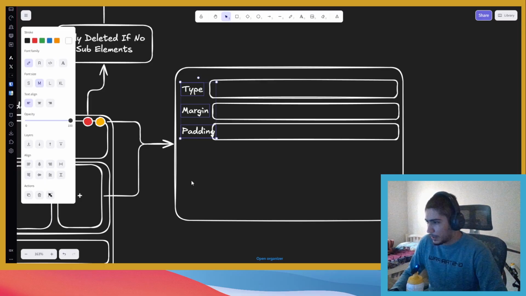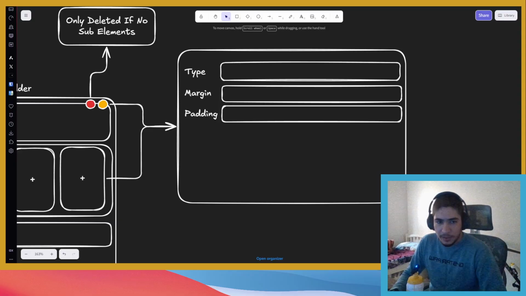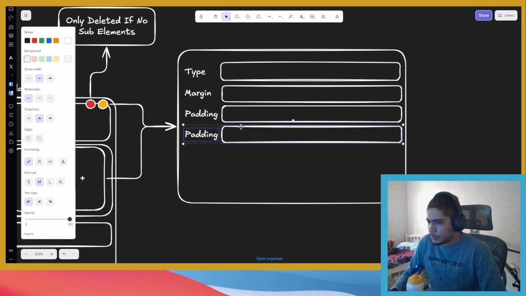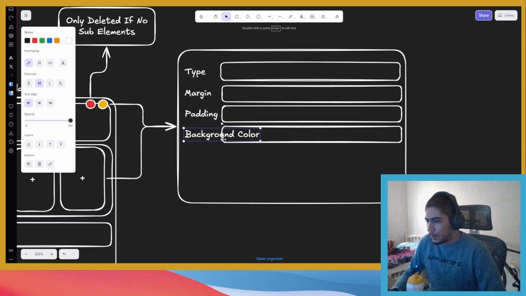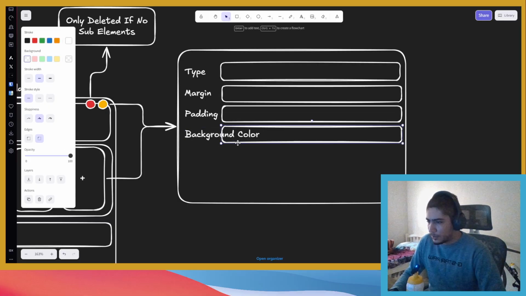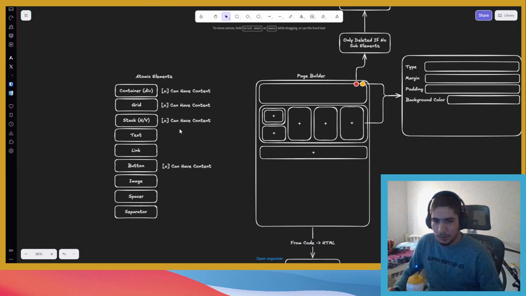So let's align these. Margin and padding seem to be shared between a lot of components. What else do we have? Probably background color, I guess. Also an interesting aspect here, background color. I kind of thought of adding a span inside of the paragraphs, but it seems a little bit more complex. Or, you know what? I think